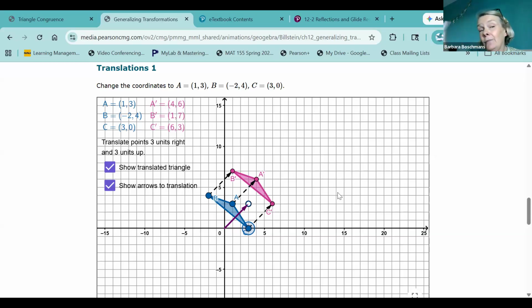And now this one actually shows you the coordinates of A prime, B prime, C prime. So it looks like we have A prime is at